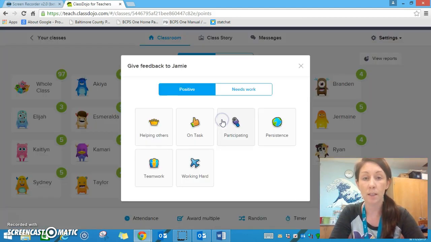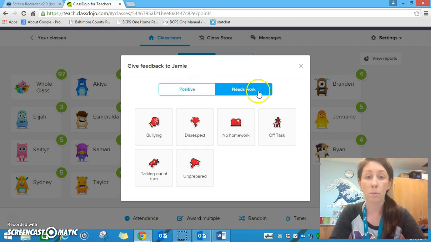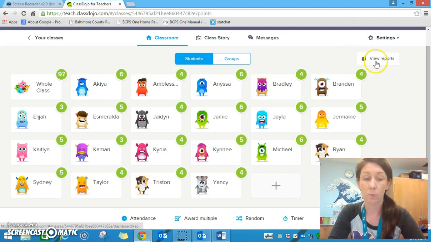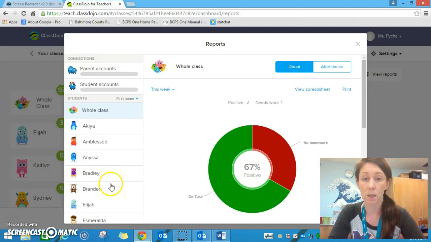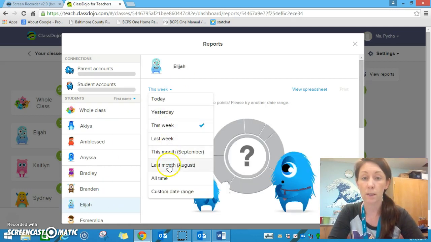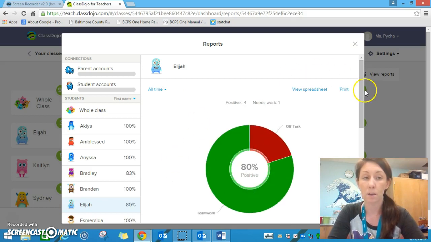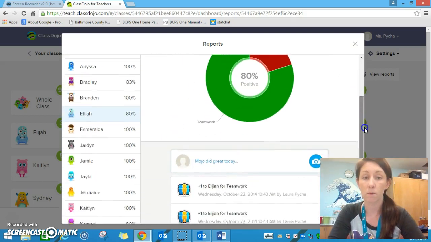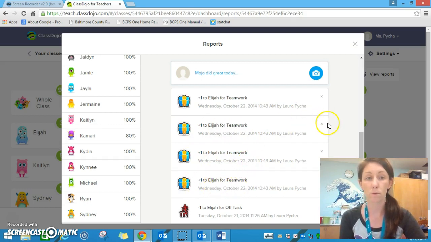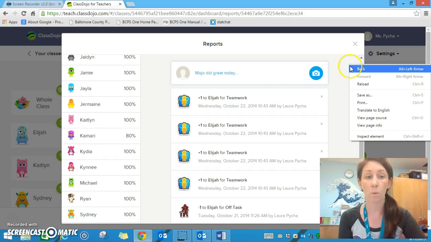You can give students positive or take away dojo points for where they need work. You can also print reports to send home to individual student parents. So this is great because it keeps this all on record for you. And you can even communicate with parents